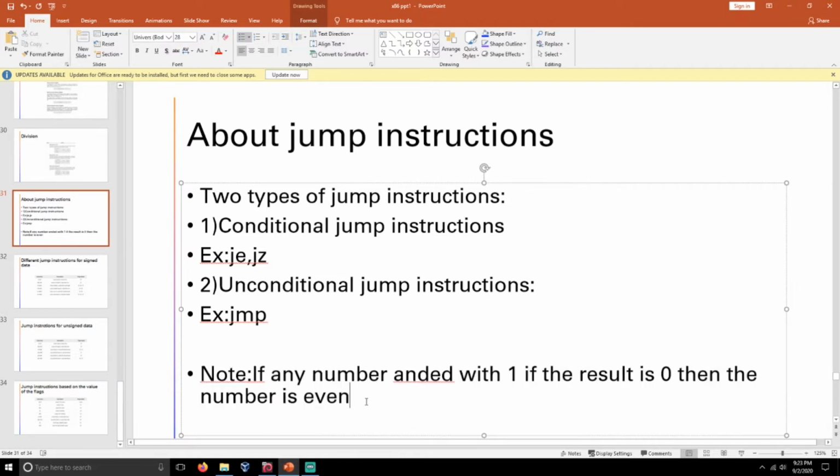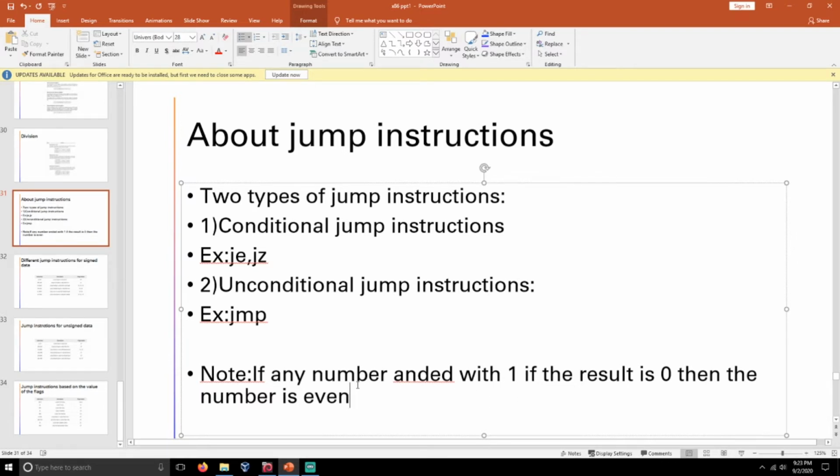It will help you to understand the program logic when I show the program. The program that I am going to demonstrate checks whether a given number is even or odd.